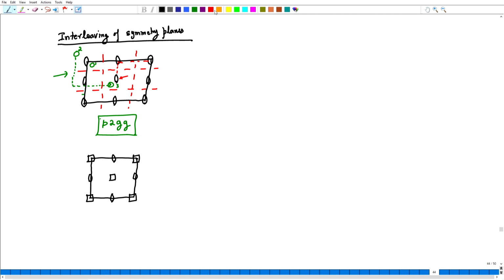For example, if I were to, let us say, add a mirror plane here, well, this is not going to work, because this 4-fold will get reflected on top of the 2-fold. So, that would end up creating another rotational symmetry. In fact, the entire symmetry of the square lattice will be wrecked. What I can do is, I can put a mirror plane in this fashion. Here now, the 4-fold will reflect on top of the 4-fold. Very clearly, it is not going to create any problems in putting it like this.